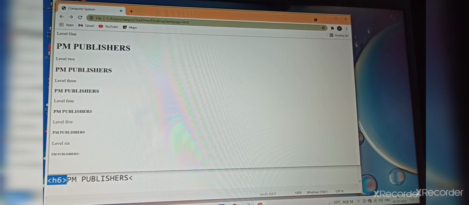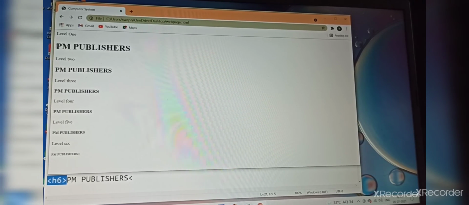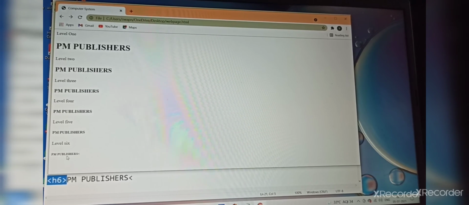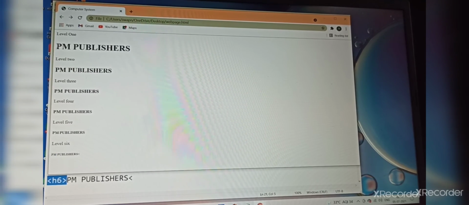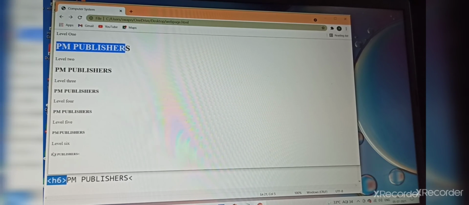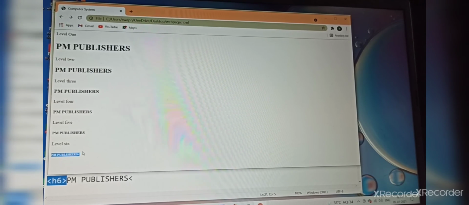So this heading tag will show that heading 1, H1, is the largest heading, while H6 is the smallest heading. Level 1 is the highest heading, and level 6 is the smallest heading.